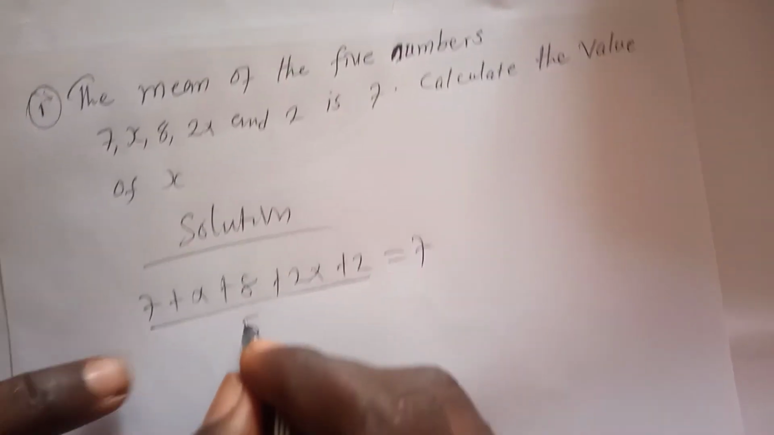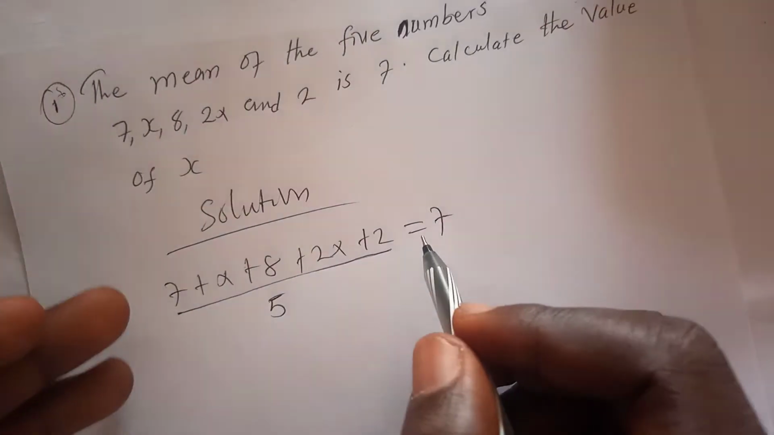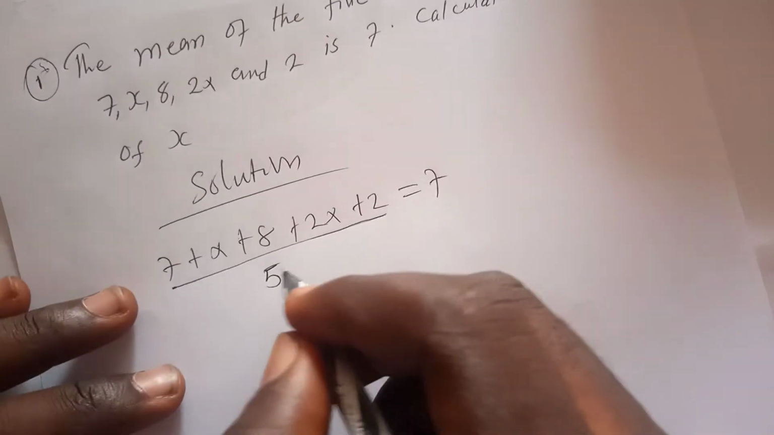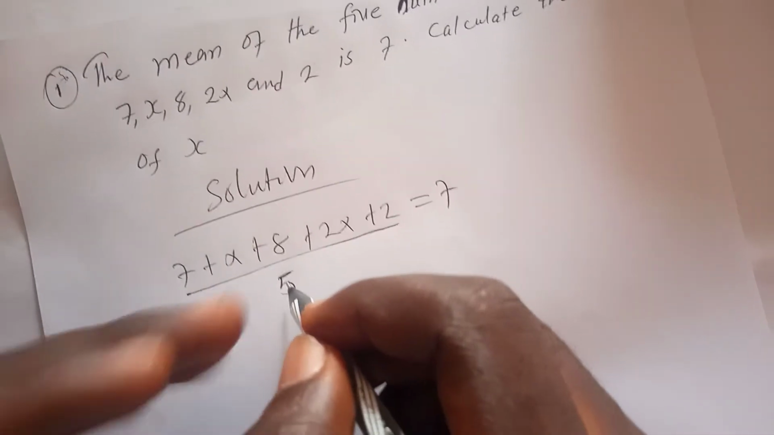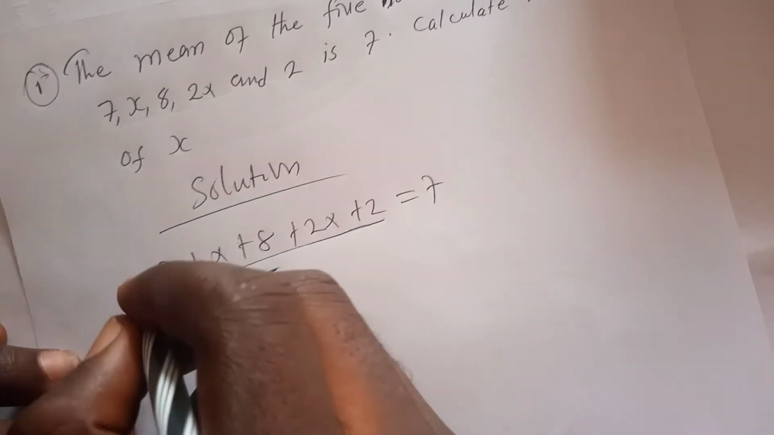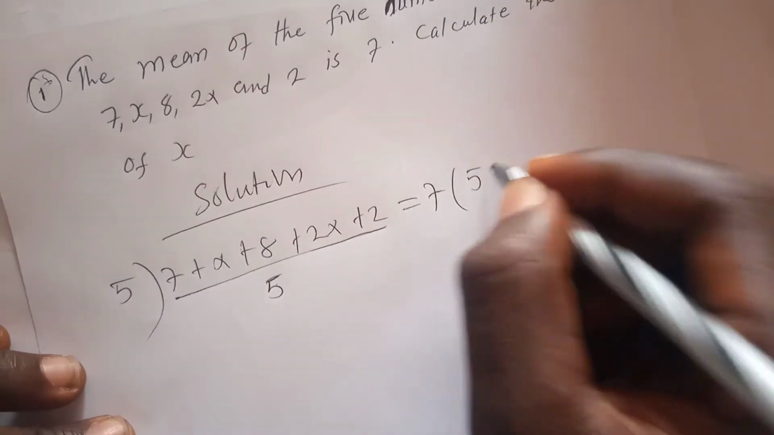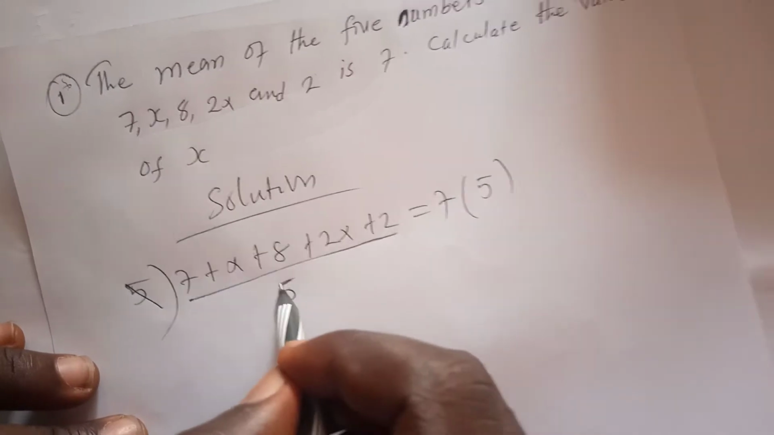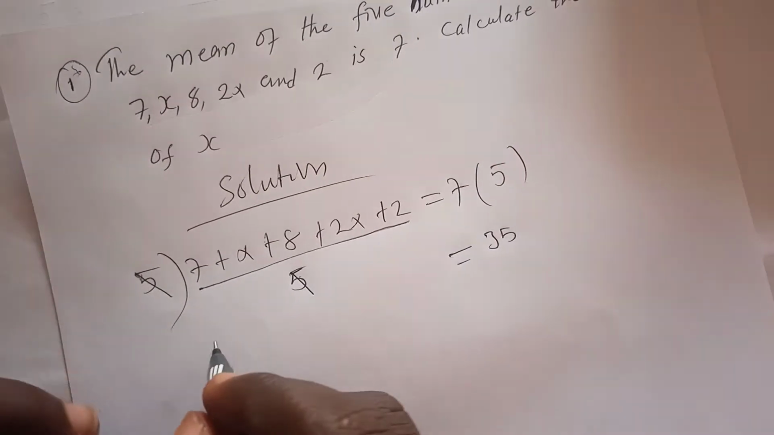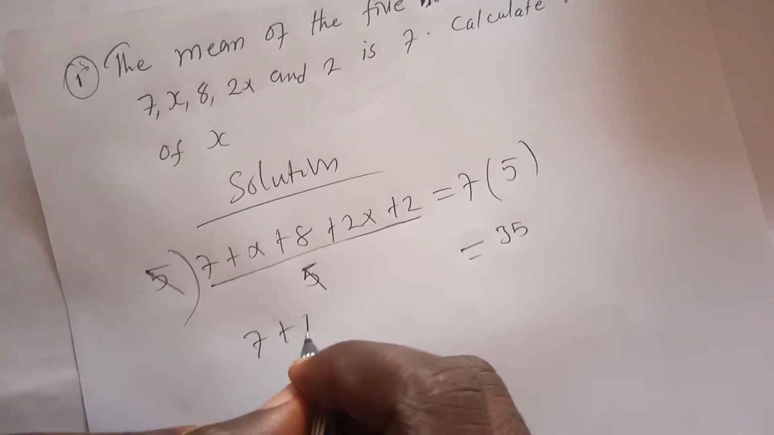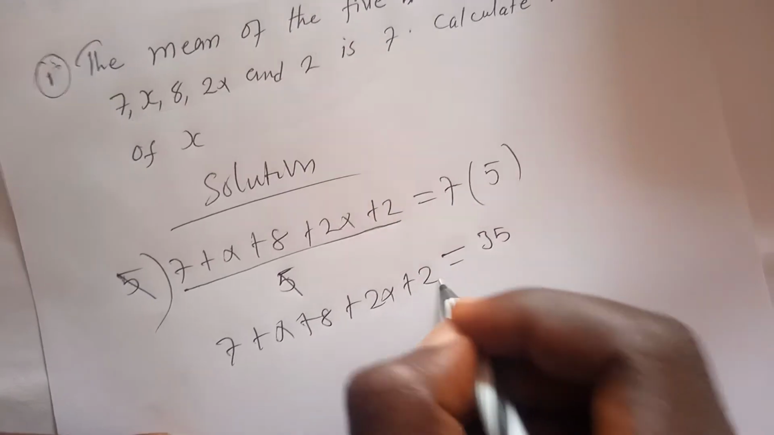So this is an equation. You have an equal sign, so that means you can multiply this on both sides. Since this is dividing, you can multiply on both sides. So you have 5 here, you have 5 here. You can cancel this 5, you cancel this 5. 7 times 5 will give you 35, and you have 7 plus x plus 8 plus 2x plus 2 gives